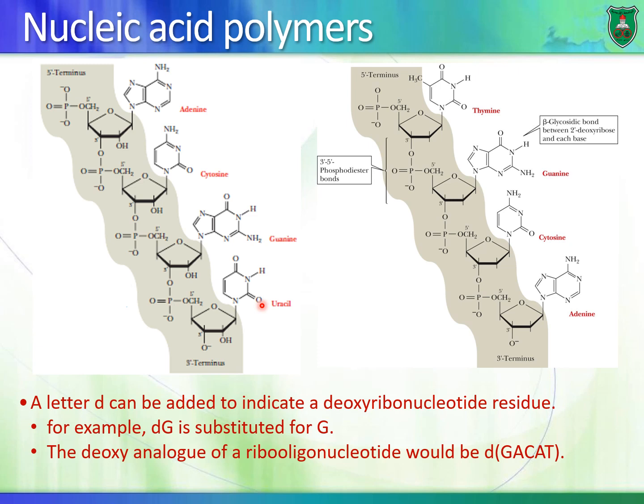Now, the other thing is that you never start from the other end. You do not say it's uracil, guanine, cytosine, and adenine. You don't say that. You always start, and this is the important point, from the 5' end that exists right here. Okay, so let's zoom in right here. You start with the 5' end and you read the sequence, the order of nucleotides, to the 3' end. Okay, so there is directionality.